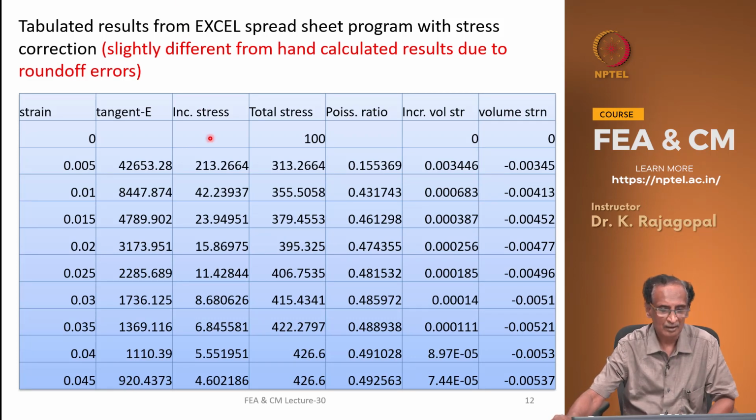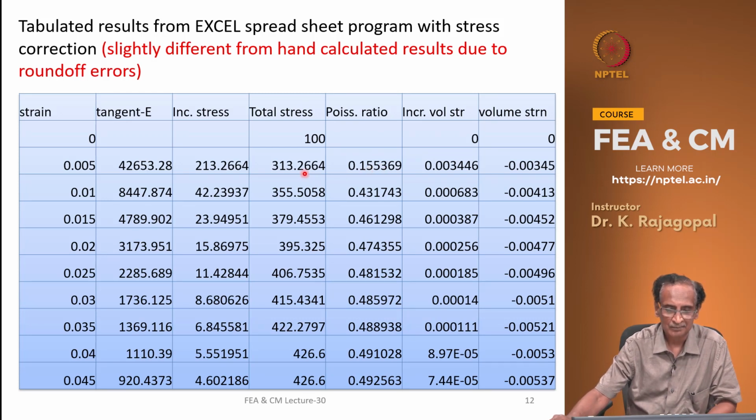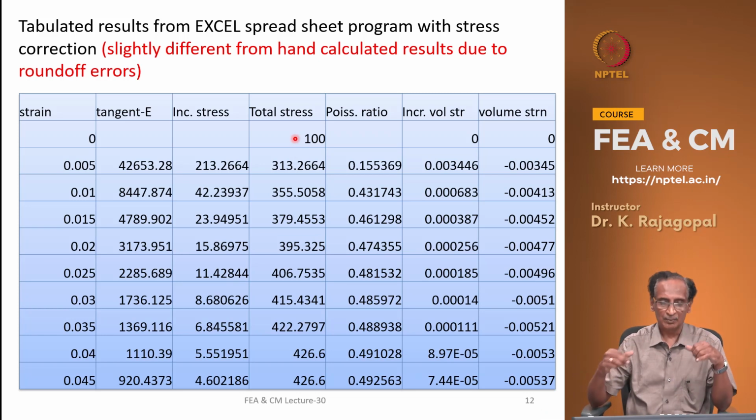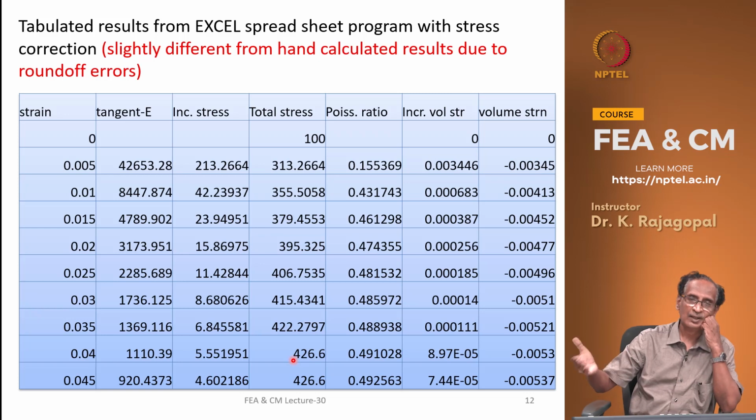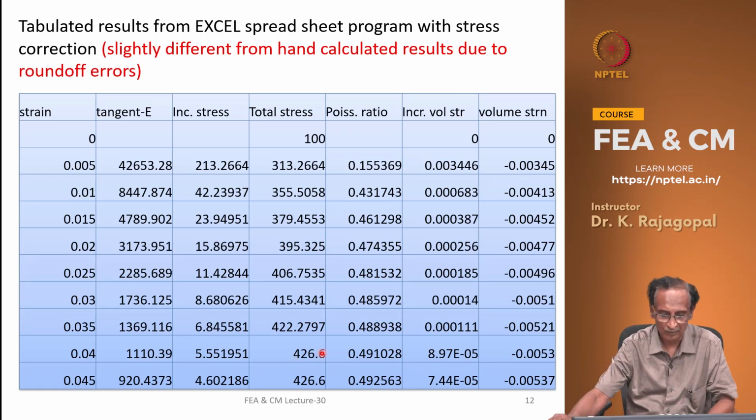This is the result from the Excel spreadsheet. There is a slight difference between these values that you see here and the hand calculated values, but see the total stress: initially it was 100 because that was the cell pressure, 313, 355, 379, 395, 406 and so on. This is where we stopped with the hand calculations. Then the next step 415, 422, then at 4% axial strain your stress exceeds the yield limit, then it is corrected back to 426.6,